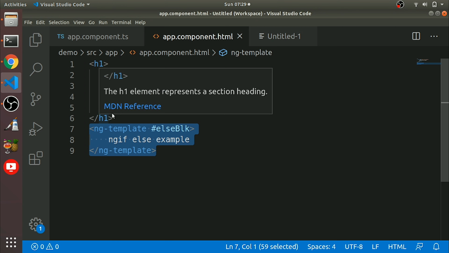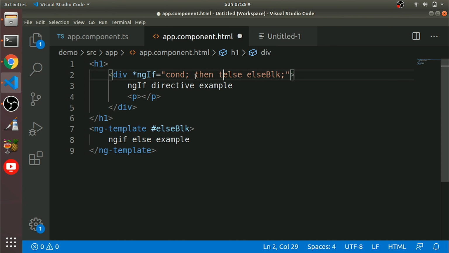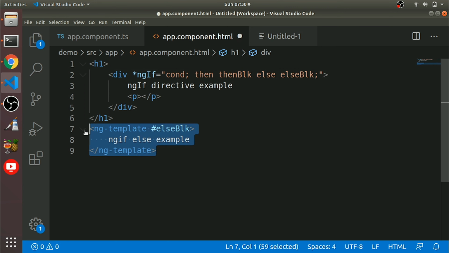Okay, next we'll have ngIf then else. If the condition is satisfied, then the then block will show, otherwise the else block. So we'll have another block here.